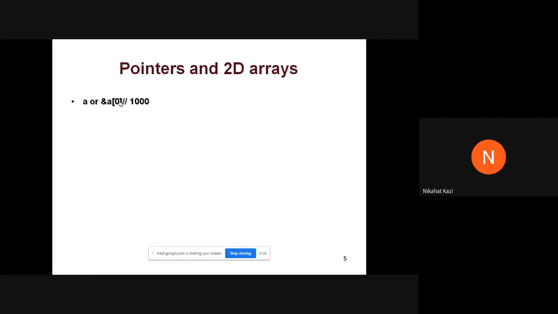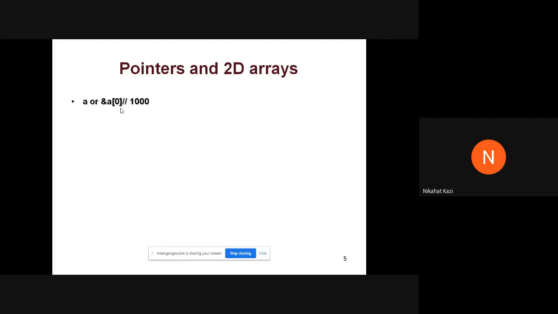Now, if the first element is A of 0, it is an entire array. What did I tell you about the array's address? What is an array's address? It is always the address of the first element.